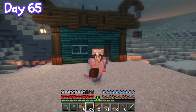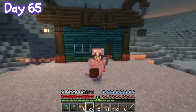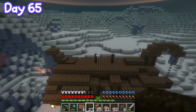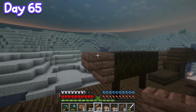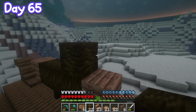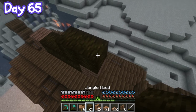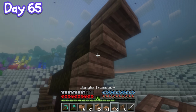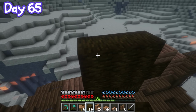Man, this project is just the project where I build strange stuff, because the plan for today is to build a giant fish on top of this building. So I'm thinking if I do a couple stairs here, and then this with another stair here. Oh wait, no. There, and then another stair here. And then do a little trapdoor. Not looking like a fish just yet. I think if we fill that in...